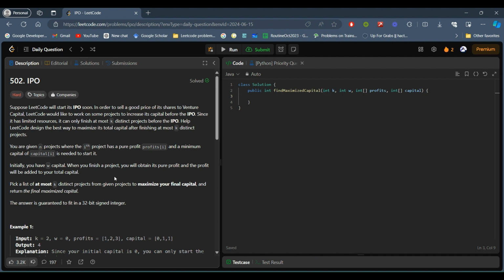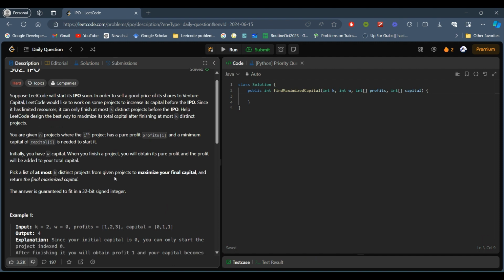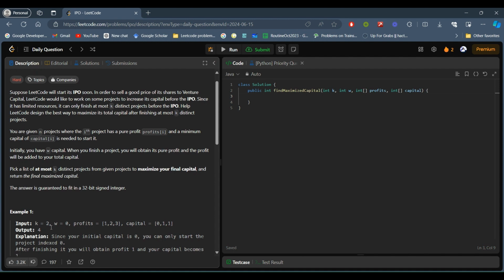We are having a value k where we can choose at most k distinct projects, and the initial capital is W, which is whatever is given in the test case. Profits and capital are the fundamental things of the project. So a project contains profit and the capital needed.